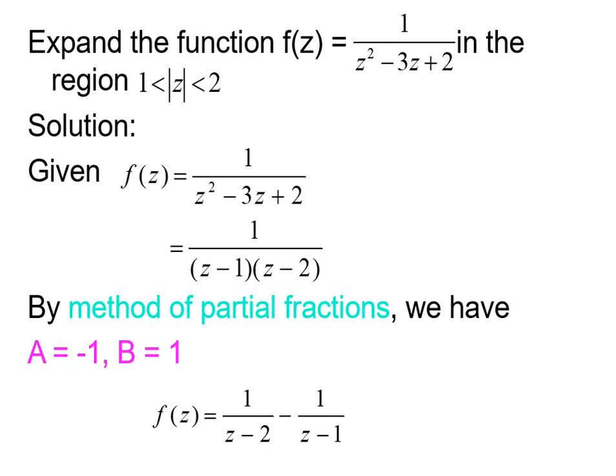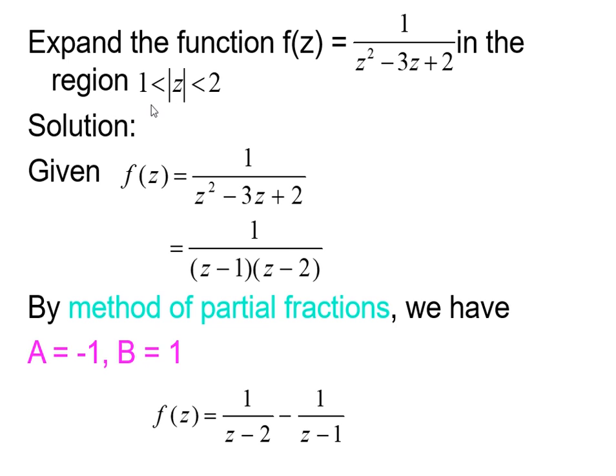Depending on the region of convergence, we may express this function f of z. Now our first job is to split this into two linear factors, and by using the method of partial fractions, we express f of z is equal to 1 by z minus 2 minus 1 by z minus 1, after getting the A and B values. I want to use the given region of validity,